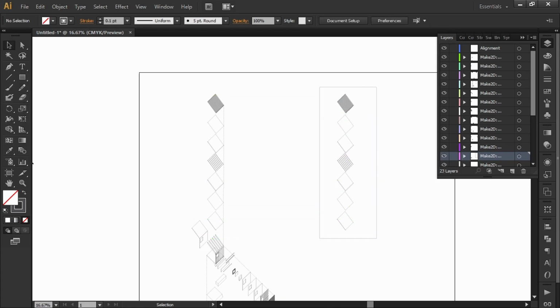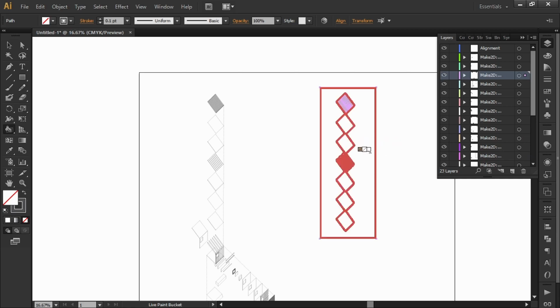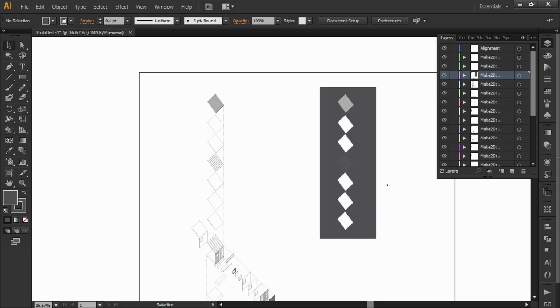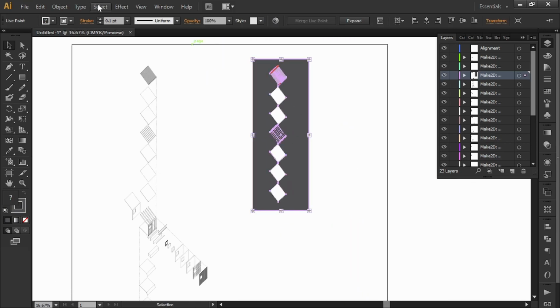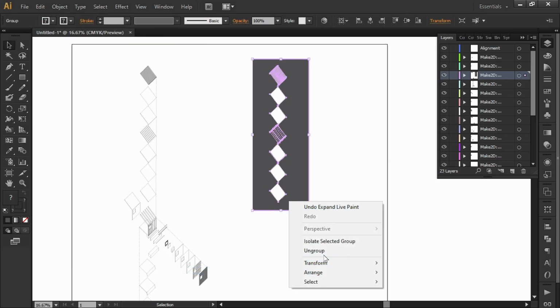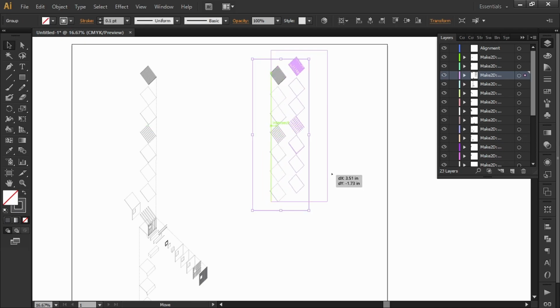And then I would just select this and do Live Paint over here, right? Select this, and just live paint it a color like that. So we have something like this, right? And then if I do Object, Live Paint, Expand, and then Ungroup, right? Now I'm going to have,